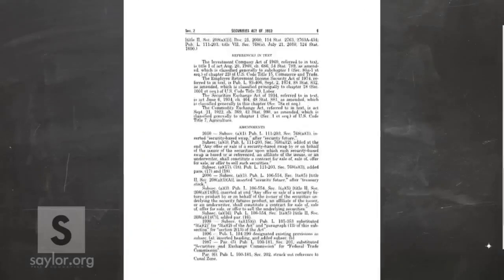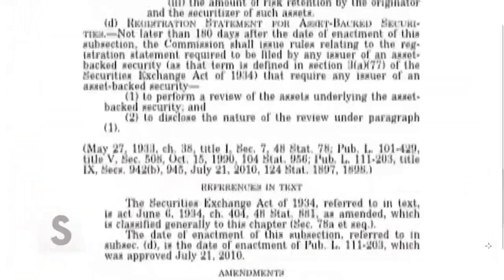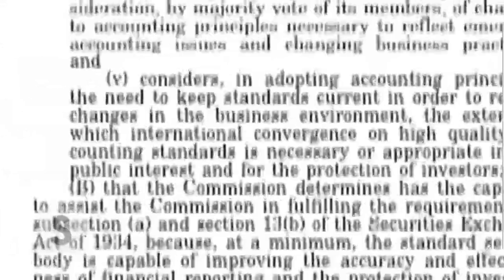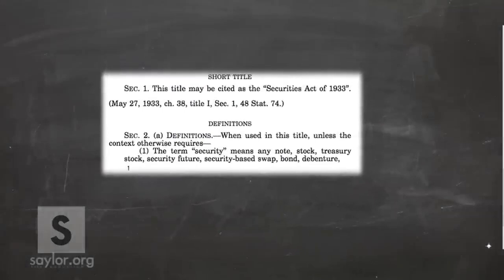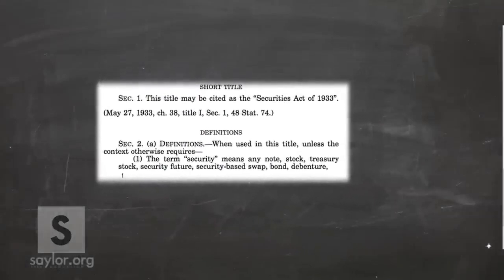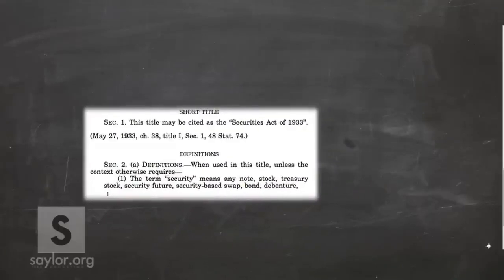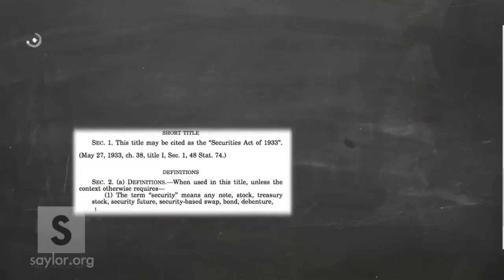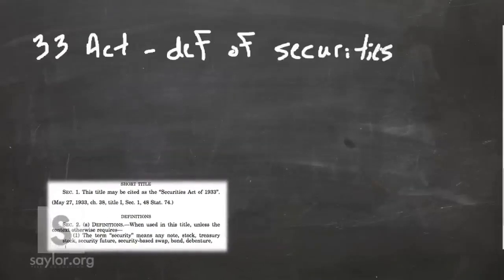So let's take a closer look here. And as you go through this, we're talking a lot here about securities. Ask yourself, what is a security? How would you define a security? And it's probably more complex than you think. There are certain things that we think of as normally being securities and others that might be a little in the gray area. The key question, again, is what is a security? Fortunately for us, the 33 Act gives us a definition. The 33 Act has a definition of securities. Let's take a look at that as it appears here.